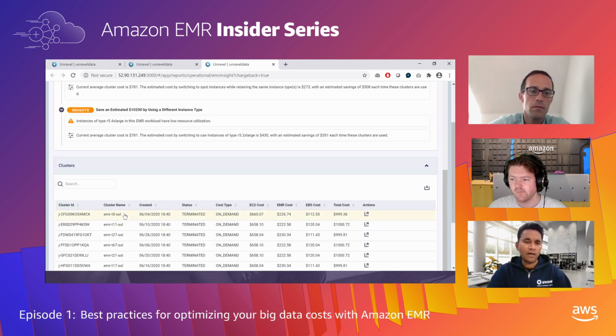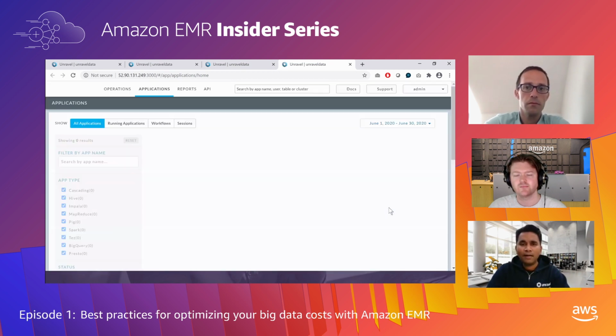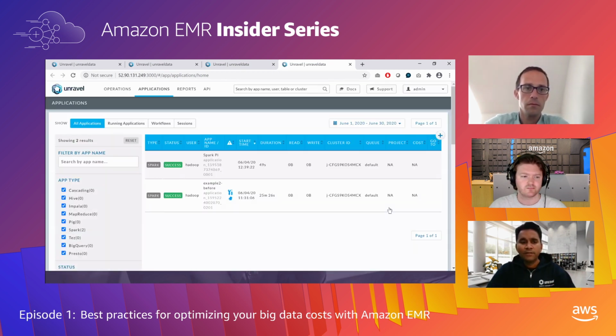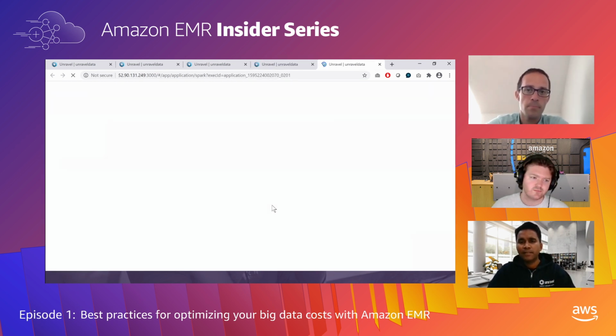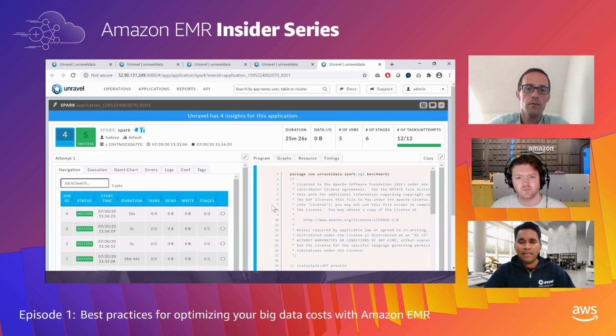And the way that we got this, I want to illustrate one example here. So of course, I have all the details of all the jobs that ran on all these different clusters. So I'm going to jump inside them to further drill down on how did that insight even come up? So this cluster was running these Spark apps. And what Unravel is doing is going and analyzing everything that's happening over here for how do we make them faster? How do we make them cheaper? How do you make them more reliable? So in this case, all of the performance and cost reasons of the app is placed in one screen. But instead of you having to go and figure things out, Unravel connects the dots, and then it presents to you in the form of insights.